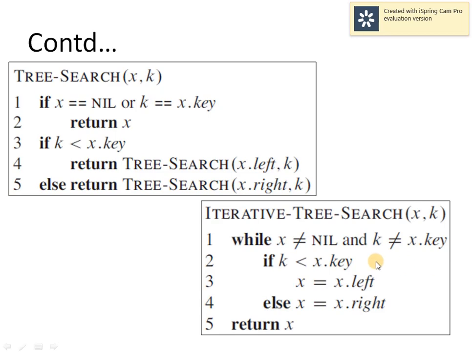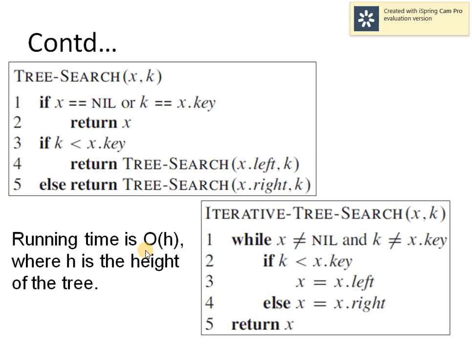In order to make a decision, the condition is the same. We have to compare the node value with the value to be searched. If the value we are searching for is less, then x will be updated to left subtree of x. Otherwise, x will be updated to right subtree of x. So both the procedures are very simple. And as far as the iterative tree search procedure is considered, it accepts the same input arguments, that is the node as well as the key value, and it will return the node.